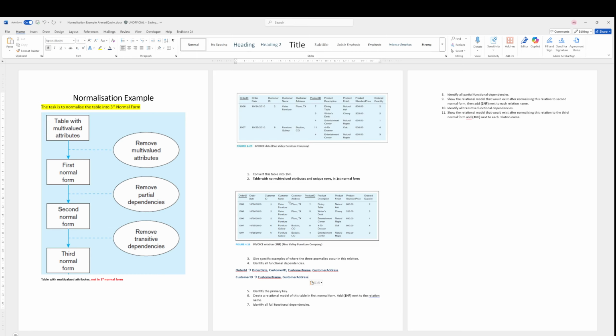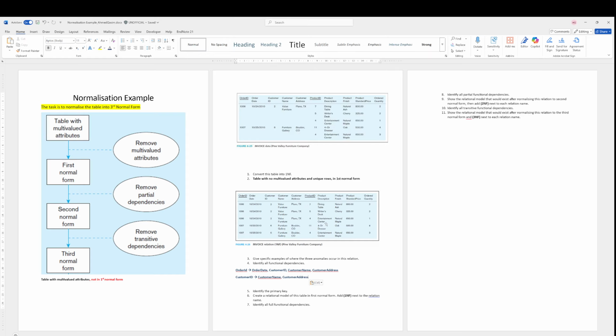And then customer name is not really going to determine anything, because it's not unique, because there could be two customers with the same name but different customer ID. Customer address is the same: there could be two customers under two addresses, but they have two different customer IDs. Product descriptions. So product ID,